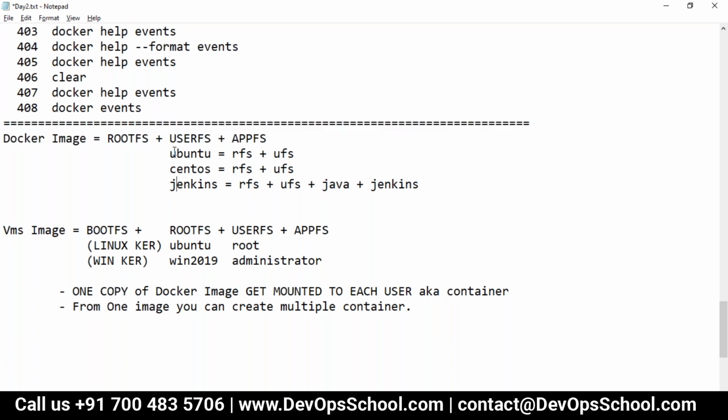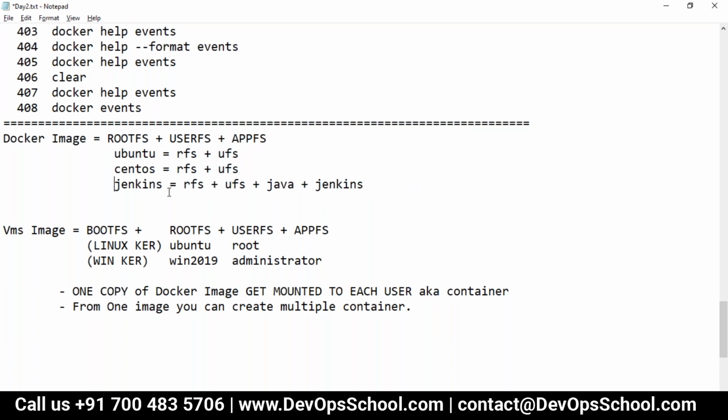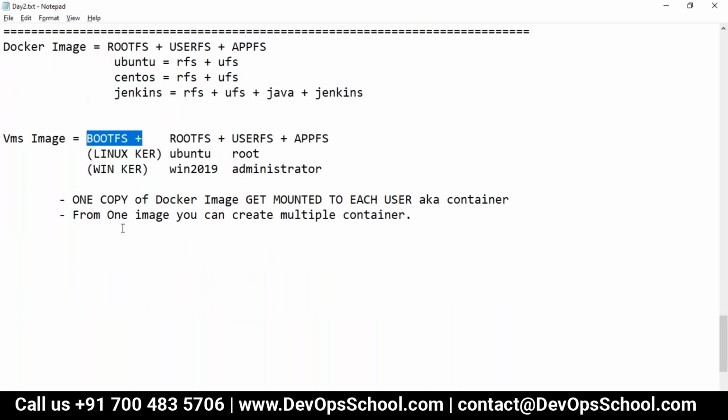When I say root file system, it can be Ubuntu, and when I say apps, it can be Java, Jenkins, or anything. So you can find the same thing in the images. Every time you will find the root file system for sure. But if you look at VM images, you find the boot file system together as well, that's called the kernel. Also I taught you that one copy of a Docker image gets mounted to each container.